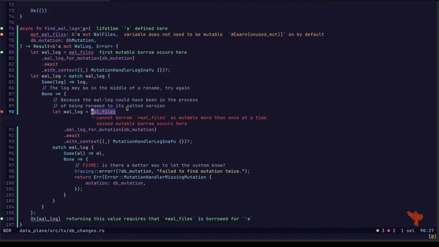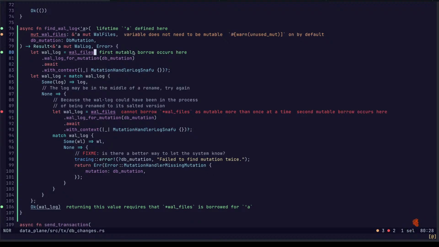Okay, now for the hard part. Trying to do something twice happens to be a mutable borrow.